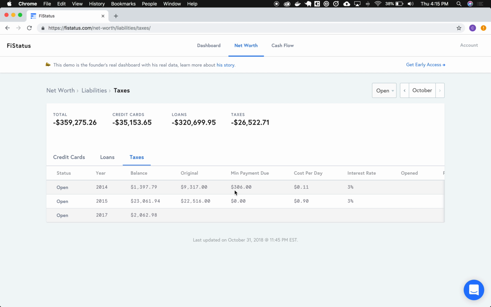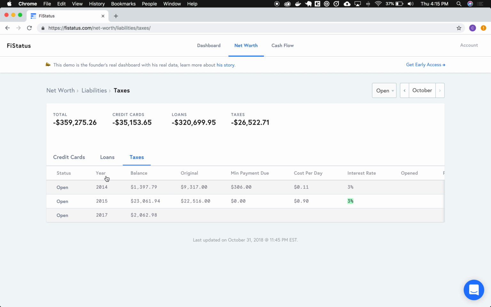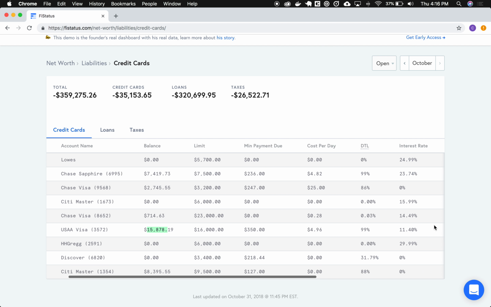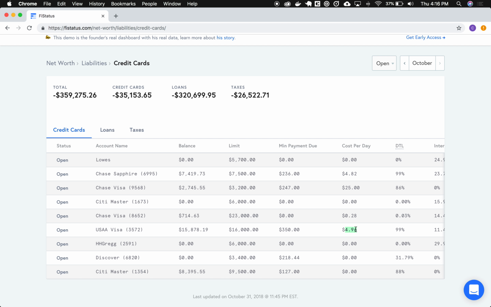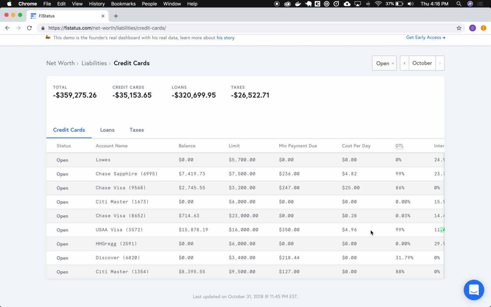They've been absolutely great. And you can see with a 3% interest rate, that's only $11 per day on $1,000. But this $23,000 that I owe them at 3% interest, that's 90 cents per day. But let's go back to this credit card real quick. This $15,000 at 11% interest rate, that's $4, right? You can see how quickly that adds up. It's crazy how much this cost per day is.